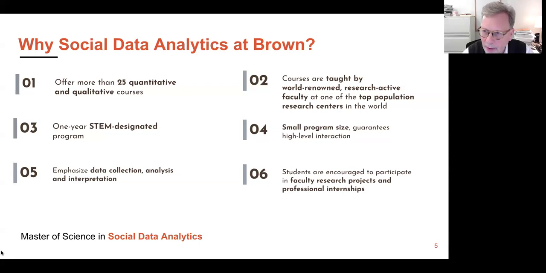Our courses are taught by our regular faculty. These are faculty who are research active, many of whom are engaged in a variety of different kinds of data collection projects, both domestically and internationally. Our classes tend to be relatively small. They range from anywhere from 6 to 8 to 26 to 28, in that range. Again, your students are in the classroom, mostly with doctoral students.